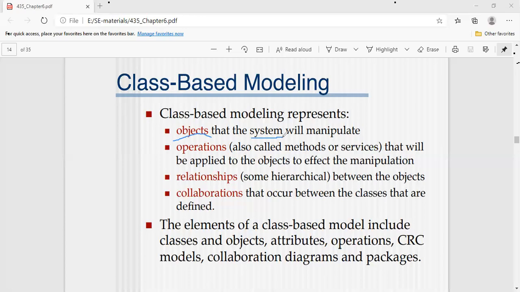So in class-based modeling, the first element used is the object. The second one is the operation. What is an operation? It is also called a method or service. It will be applied on the object to affect the manipulations.